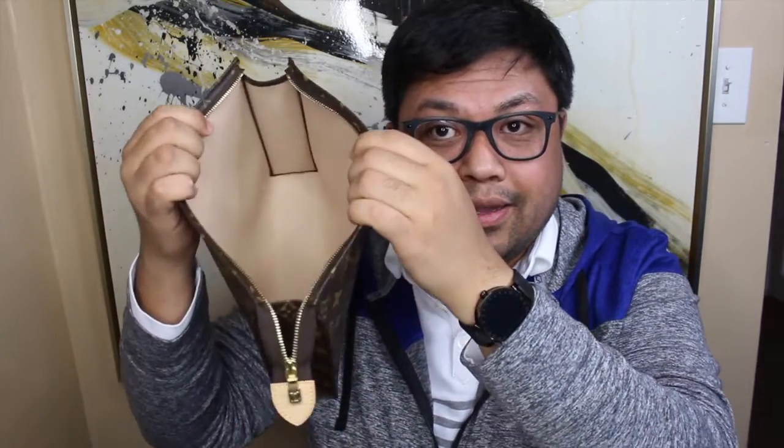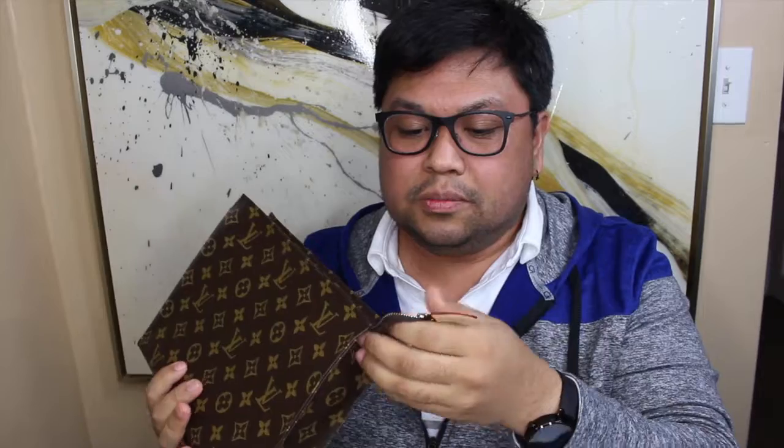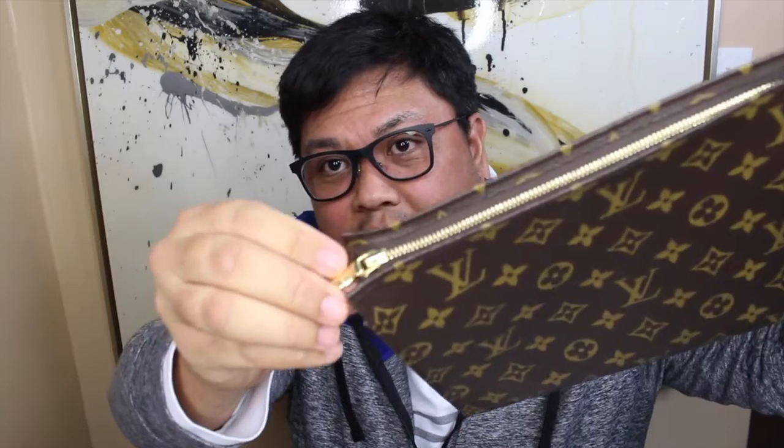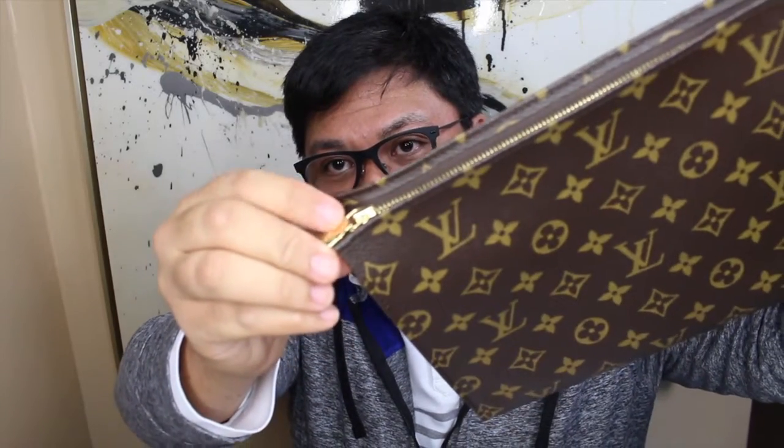Originally it has nothing in there, no pockets or anything. And a lot of people have tried to put straps on here, and for the most part it really doesn't work, I don't think, because you could put a strap coming out of this hole, but then you have to attach the other strap side to the zipper, which puts wear and tear on the zipper, and it's not really good for this item itself. But I came across